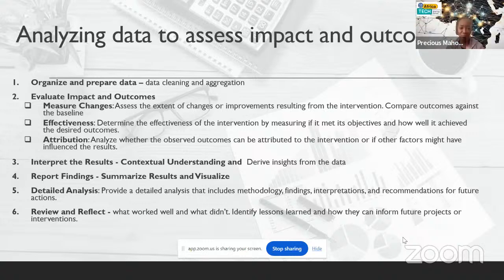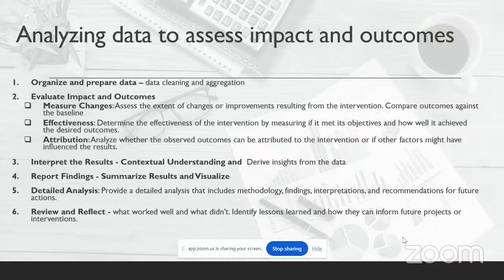All right. Then moving on to the analysis part. The first thing is when you get your data, you obviously need to clean the data and aggregate. And this is very, very important. It's a critical step because